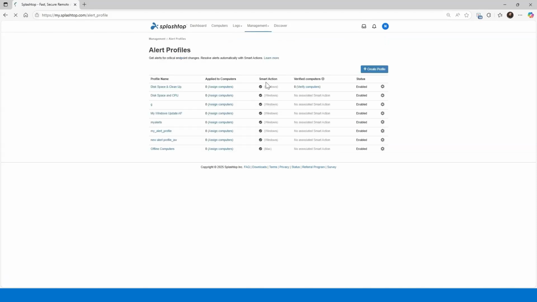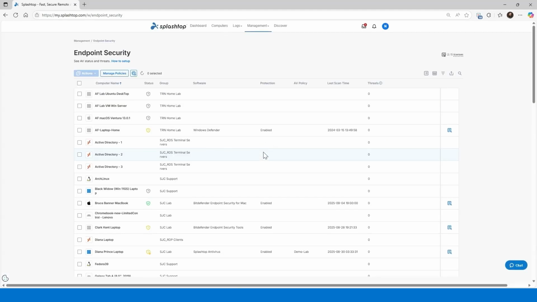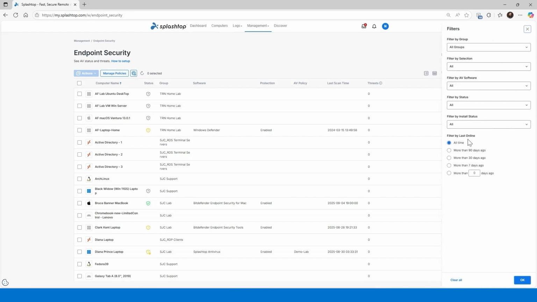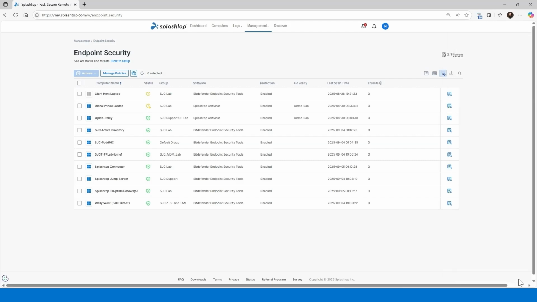Okay, now let's take a look at our endpoint security dashboard. From here, you have clear visibility into the AV status across all your computers. You can see whether the protection is enabled or disabled. Also the last scan time, any threats detected, and so on. I can filter from here to only look at the Bitdefender tools and Splashtop AV since I have those installed